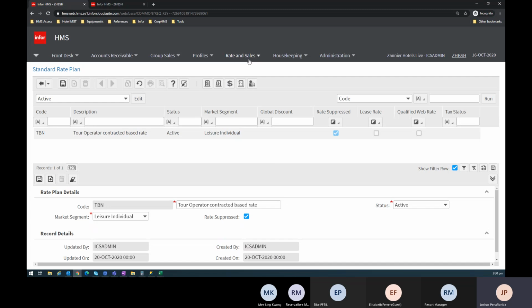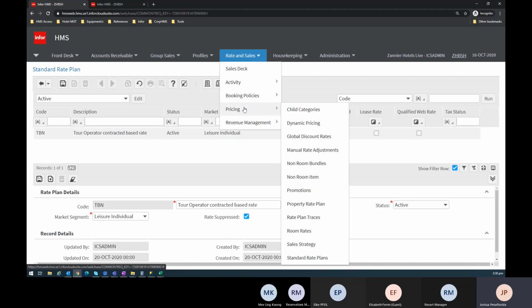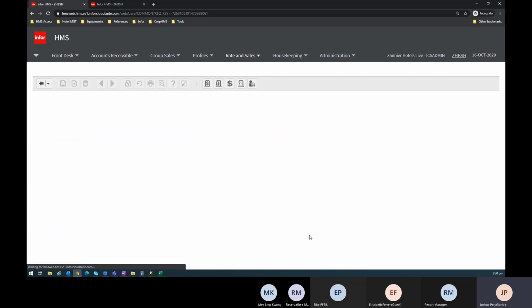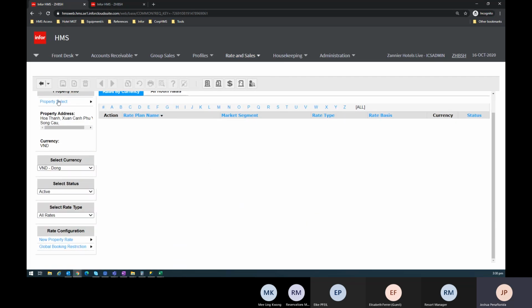And next step is that I'm going to my pricing and going to my room rates. This is where I'm going to put pricing for my room rates. Okay, so let me just go to the room rates, and currently I don't have any listed right here. To create that room rate, I'll pick the title from my standard rate plan by going to this